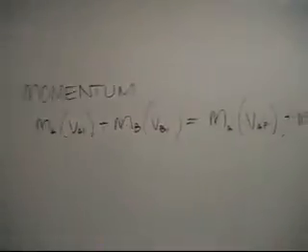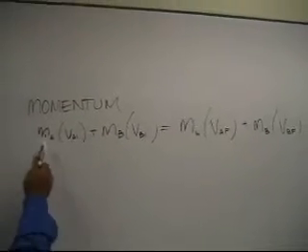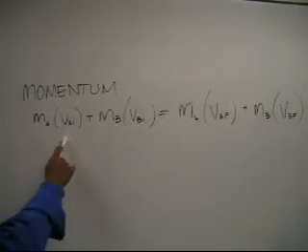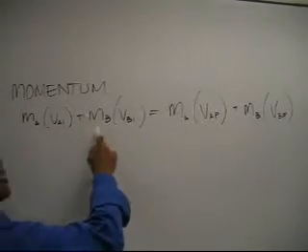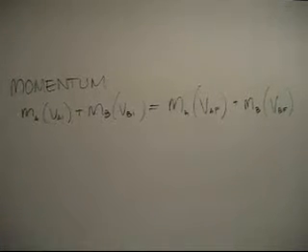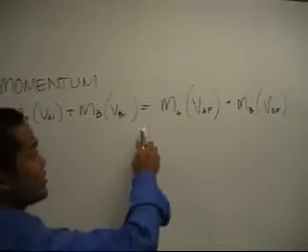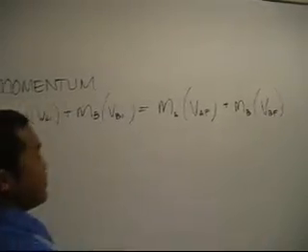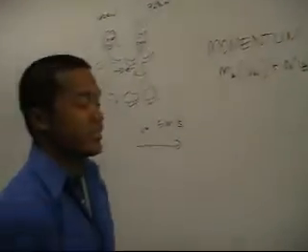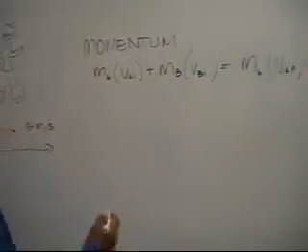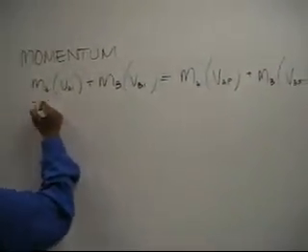Momentum, which is given by the mass of one skater times the velocity initial plus the mass of the other skater times the velocity initial equals the mass times final velocity plus mass times final velocity of both skaters. So if we go ahead and solve this equation, we'll plug all the numbers, which is